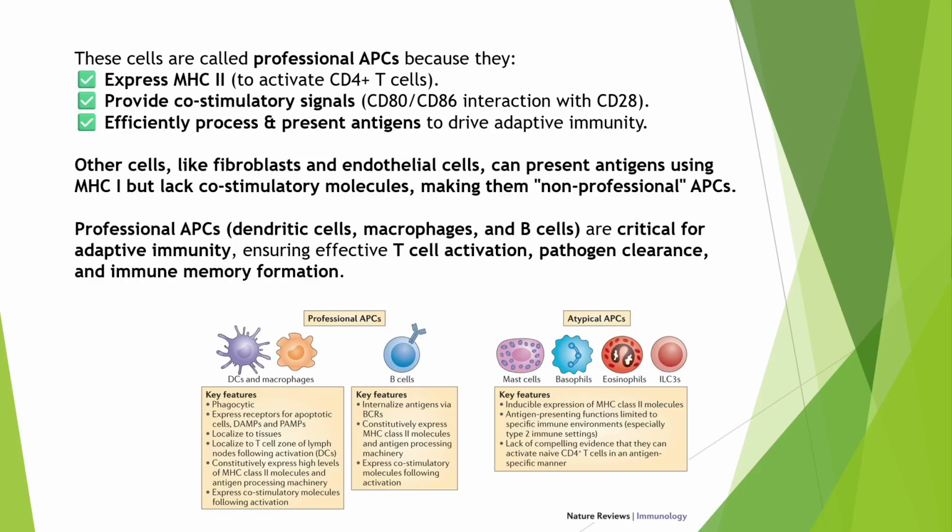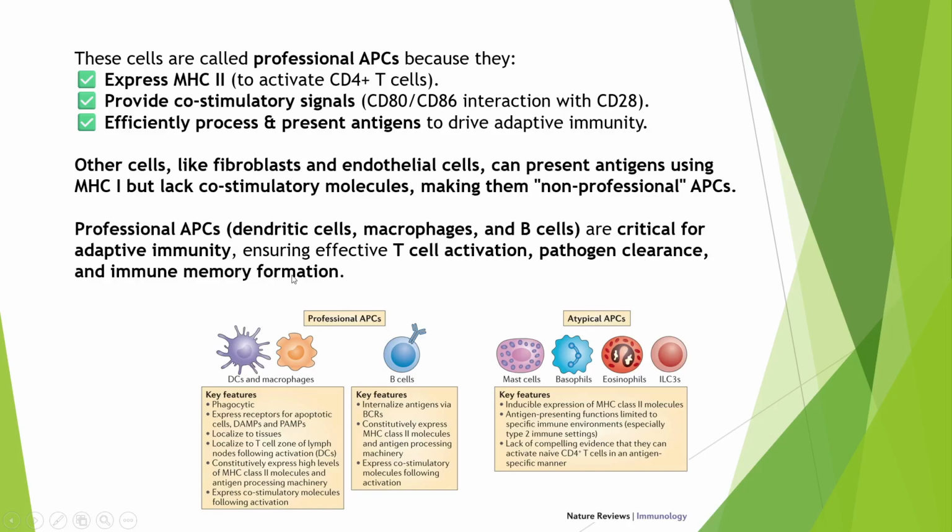So cells like fibroblasts, endothelial cells, eosinophils, mast cells, basophils, etc., can also present antigens, but they use MHC class 1 and they lack co-stimulatory molecules, making them non-professional APCs. So professional APCs are dendritic cells, macrophages and B cells, critical for adaptive immunity, ensuring effective T cell activation, pathogen clearance,